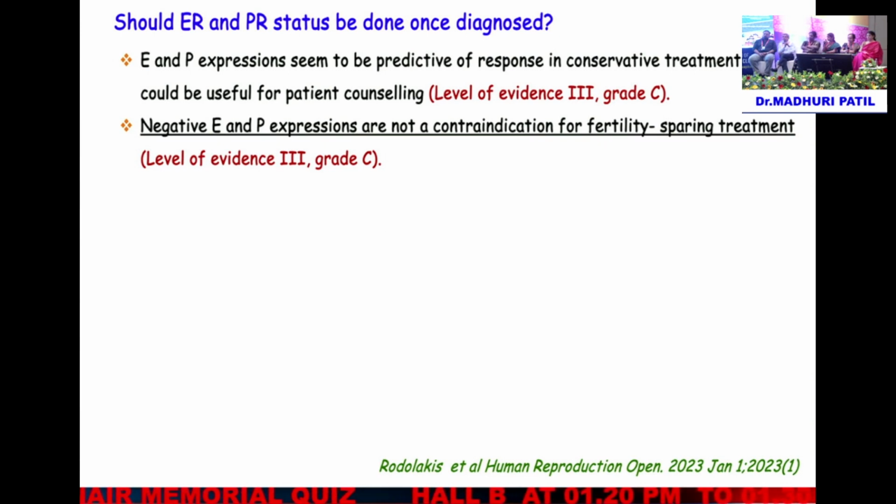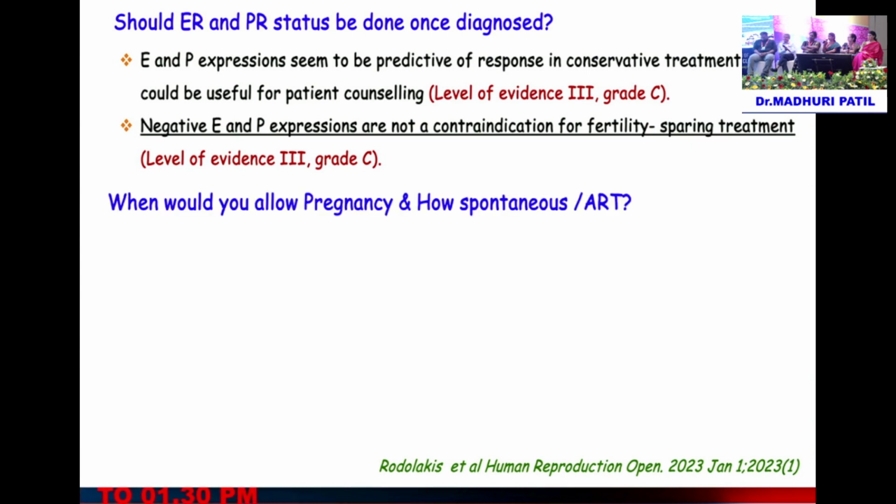Can I add one thing? P53 mutation is very aggressive. Yeah, so definitely, if she is negative for ERPR, then still, we can give the progesterone therapy. Negative ERPR is not a contraindication for hormonal treatment. Pardon? Not a contraindication. 90% of the endometrioid carcinoma will be ERPR positive, and all patients will have IHC. If it is ERPR negative, then it could be, yeah, it is not a contraindication.